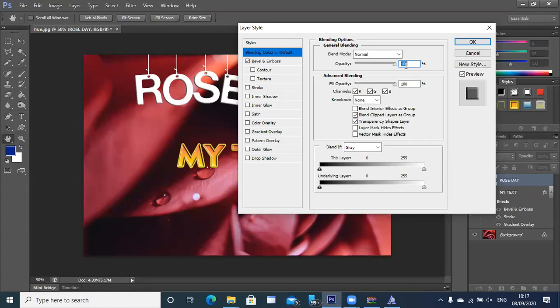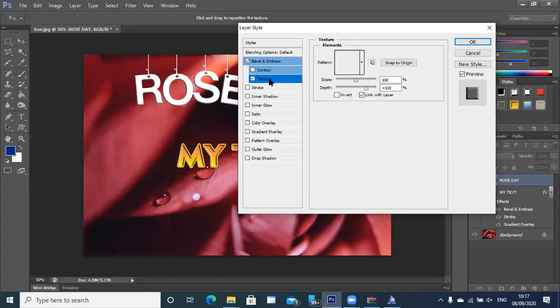Now up here you will find options like opacity, how much you want it to stand out. I can reduce the opacity or increase the opacity, as you can see. If I increase the opacity, what happens? The image stands out more. Apart from that, you also have more options, like for example, how you want it to blend. There are a variety of layer mask options and texture options which you can try out. Again, the best way, as I mentioned, is to go about and modify. You'll be able to see.